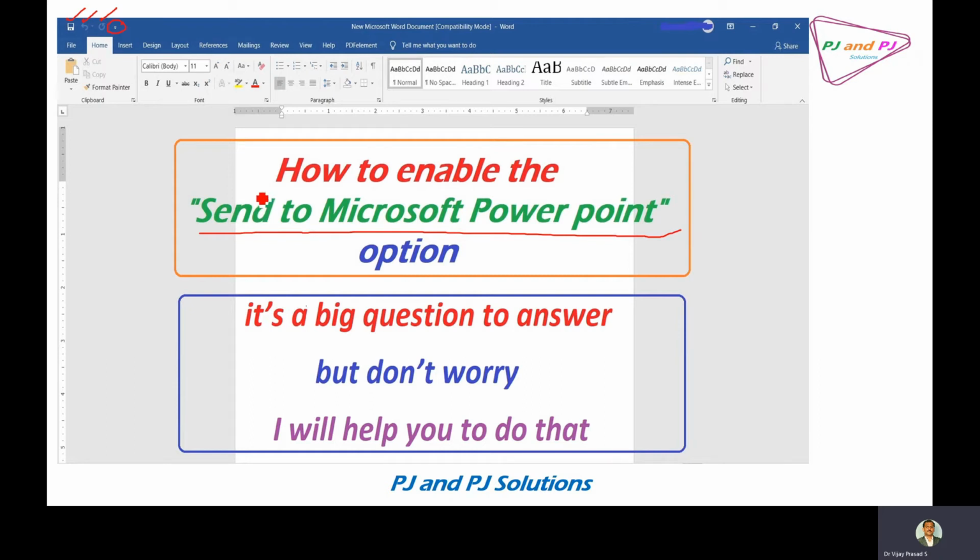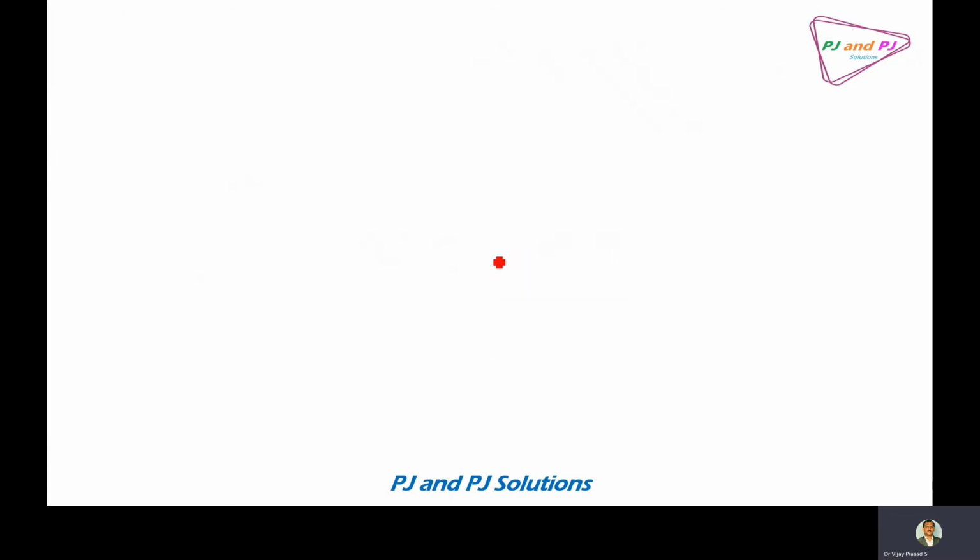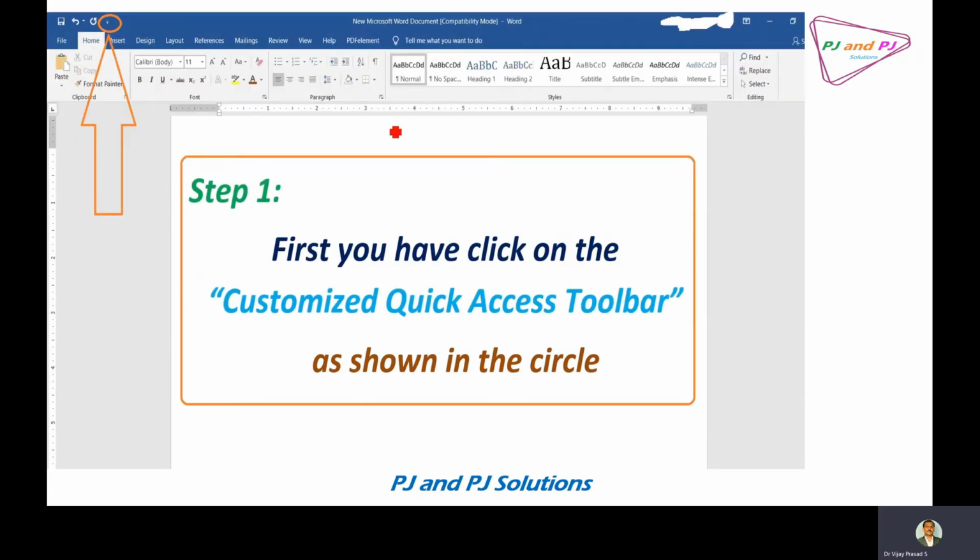In the previous slide, I have shown the symbol of Send to Microsoft PowerPoint. Now it's a big question when you don't know these things. Don't worry, I will help you to do that. What we have to do is select this very small symbol showing a little downward arrow.